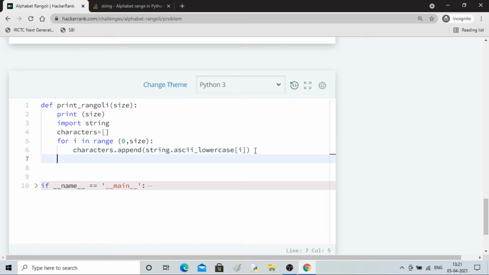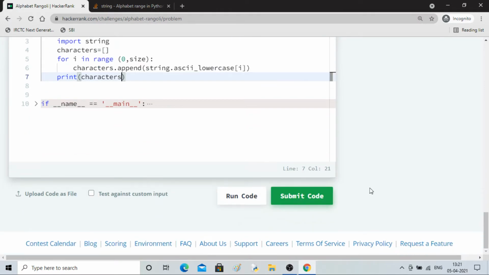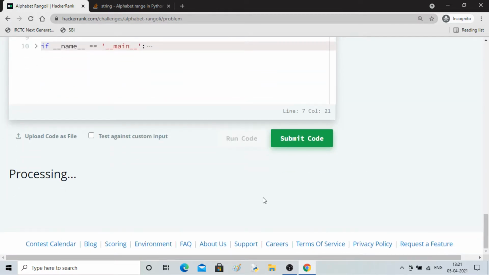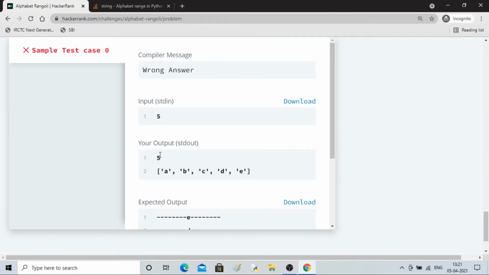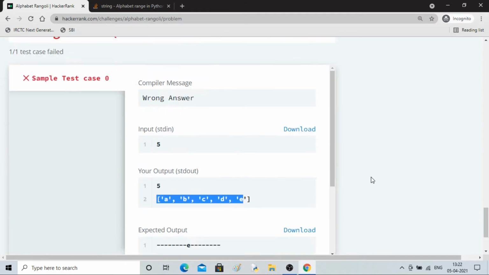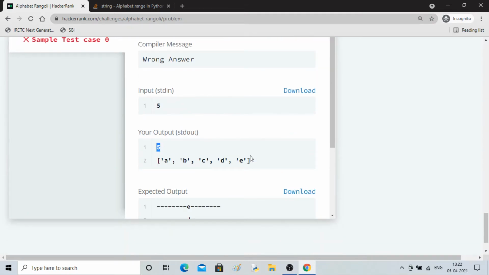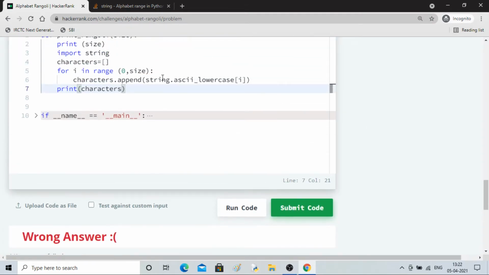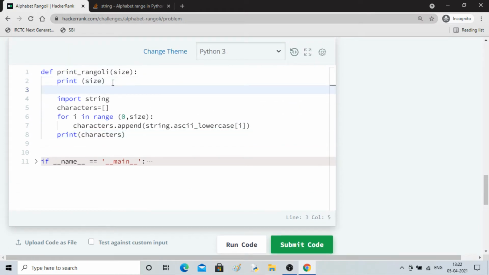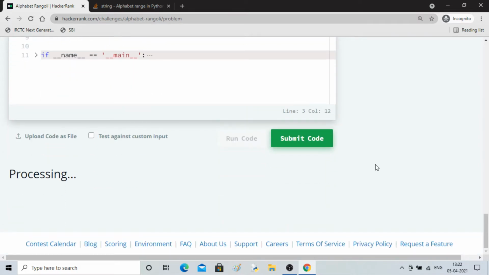Let's print our characters here and run the code. We get the value of n as 5, and we are getting the variables. Because the size is 5, only 5 have been taken. Let me set size equal to 10. Then what will happen? Till j it will take.